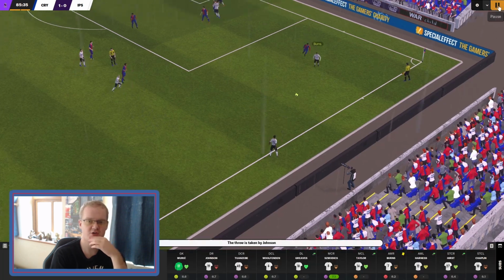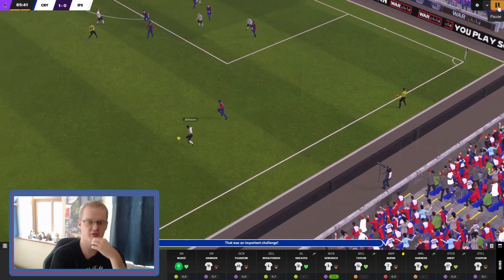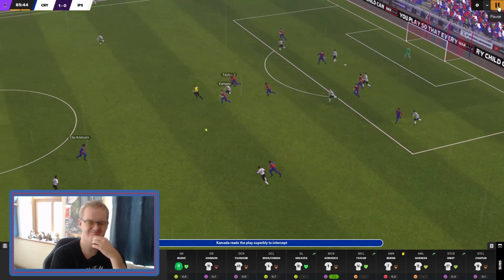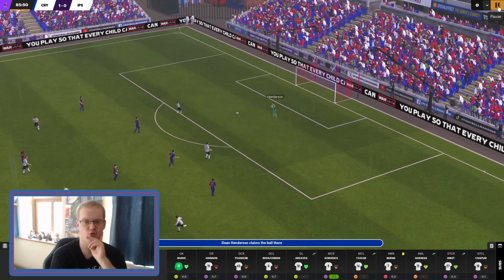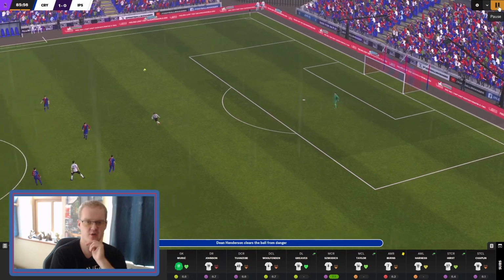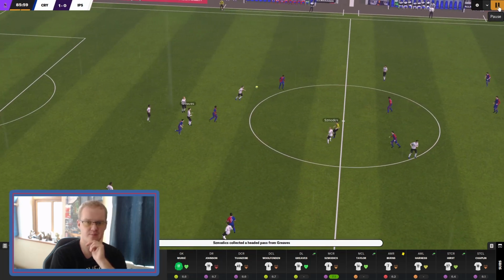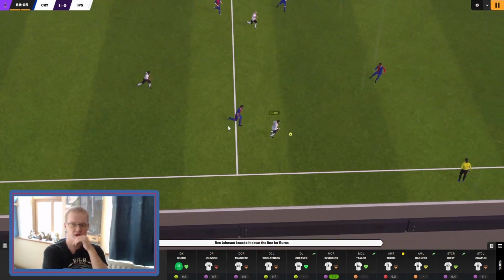We have got a highlight straight away here. Burns, Schmodix, Johnson. Good man. But it comes to naught. Ben Johnson got the ball back, but the highlight's still going here. Henderson hoofs the ball out. We win the ball. Schmodix keeps it for now. Johnson. Wes Burns